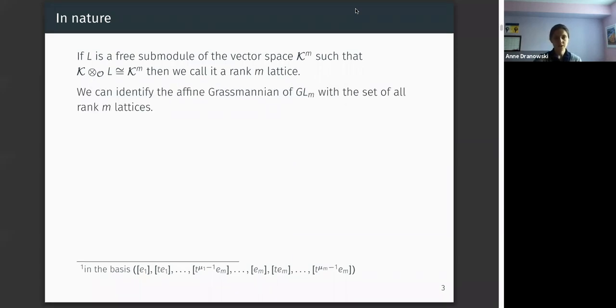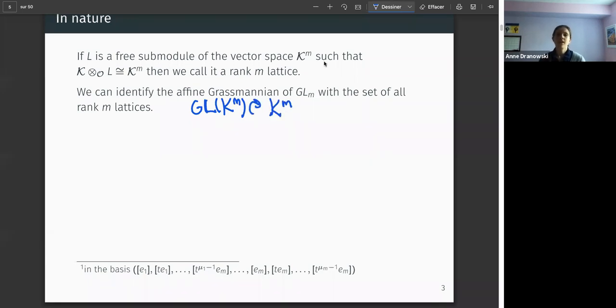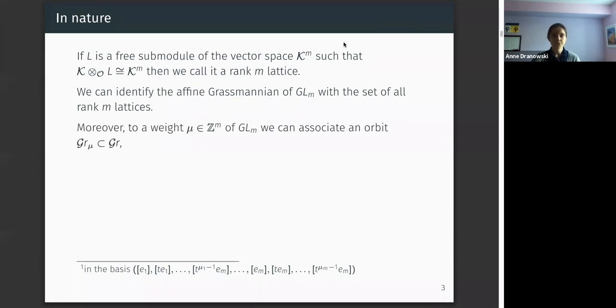And when G is equal to GL_m, because I have an action of GL_m(K) on K^m, I can use the orbit stabilizer theorem pretty easily to identify this coset space with the set of lattices, such free O submodules. In addition to a weight of GL_m, which in this case is just an m-tuple of integers,